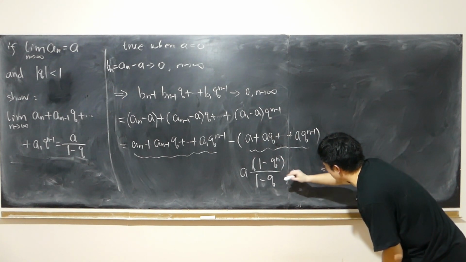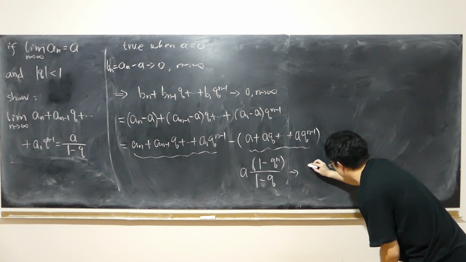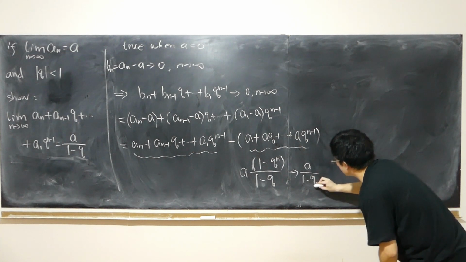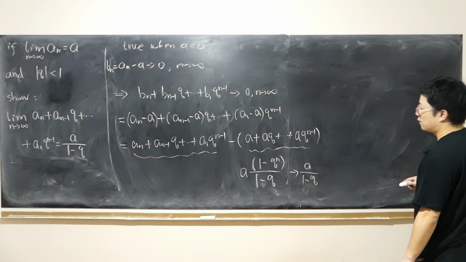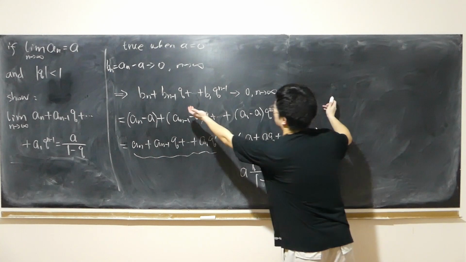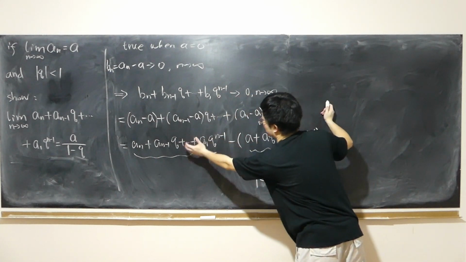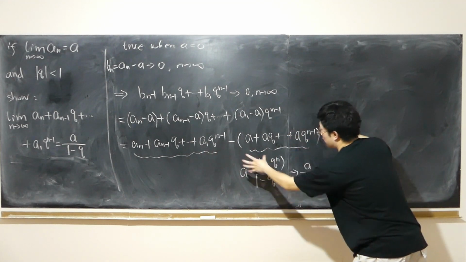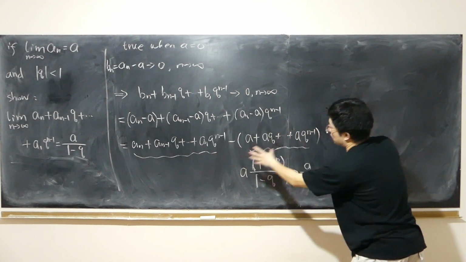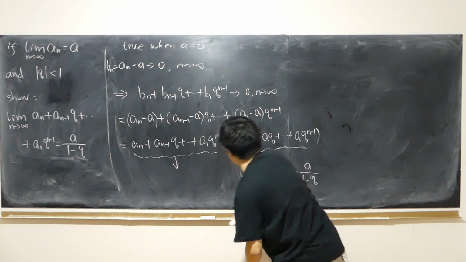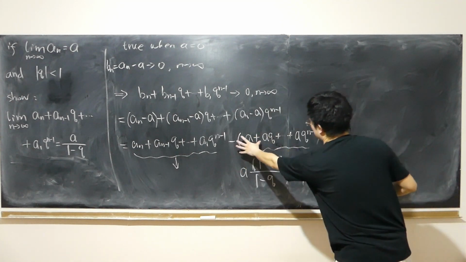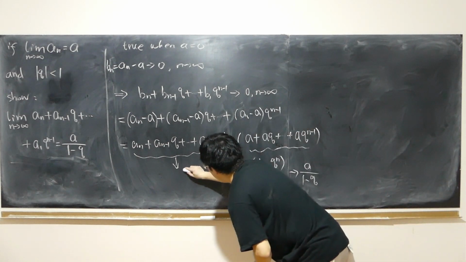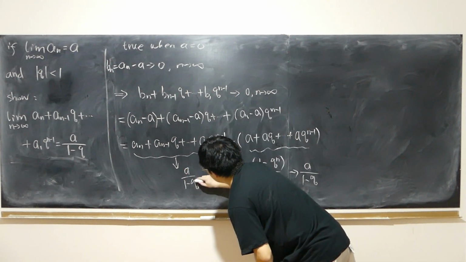This whole thing approaches a times 1 over 1 minus q. But knowing that the whole thing is approaching 0, this minus that approaching 0 means this moves to the other side. So this will approach this, a over 1 minus q. Indeed,